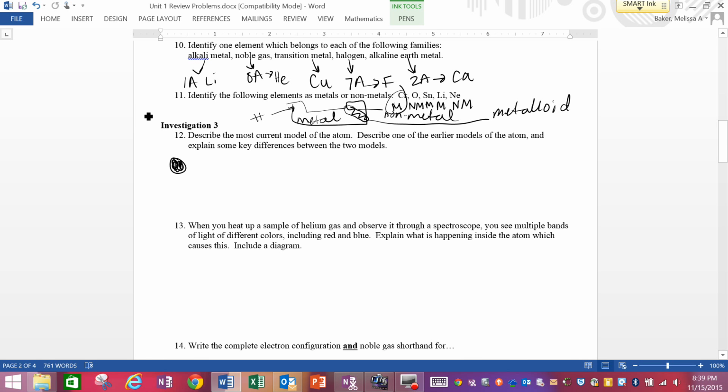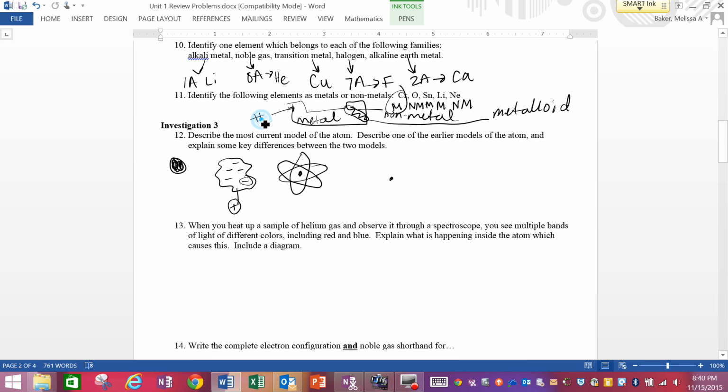Then they had some more scientific discoveries with new instrumentation, and they came up with the plum pudding model, which said it's like a plum pudding where the raisins are negatively charged electrons and the pudding is just some positive stuff. Then along came the gold foil experiment, where they determined that atoms are mostly empty space, but they have a small, dense nucleus in the center, and they drew the electrons surrounding that